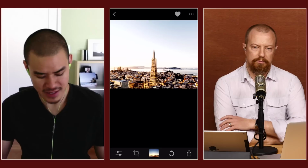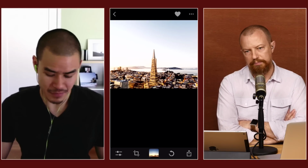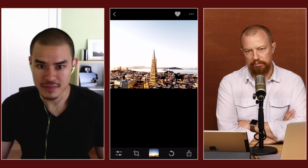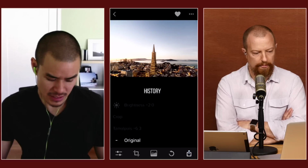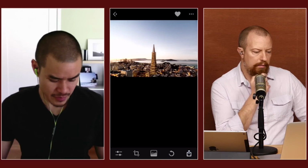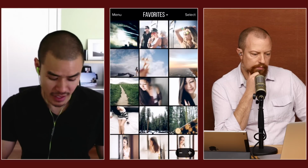And the thing is, people are a little scared that it erases their original, but it doesn't. It preserves it. Even from the Photos app, you can hit revert and get back to your original picture. That's exactly right. And also here, you can go back to the original photo as well. Yep. And probably the last cool feature that's worth mentioning is we can do batch